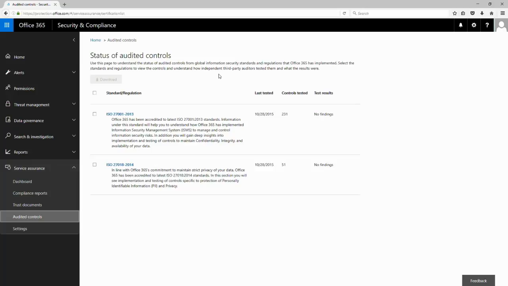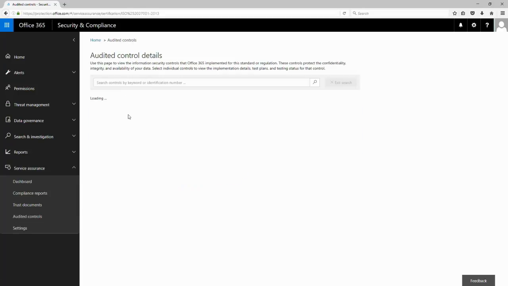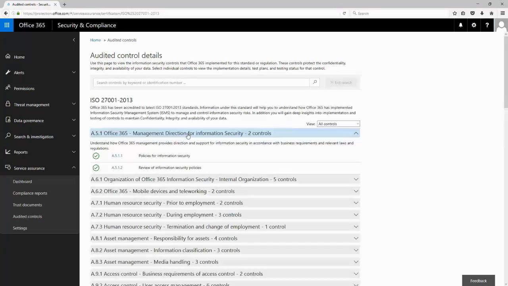So I mentioned, yes, we get audited. We're actually almost audited continuously because they're staggered for different standards. So generally at any given point, Microsoft and our data centers are being audited by some third party. What we've started doing is taking the actual controls that are being audited and publishing them into service assurance so that you can click on an audited control and not only see all of the individual controls based on the